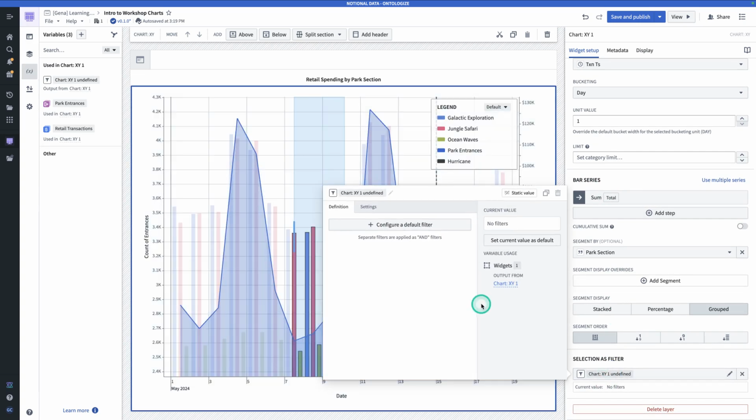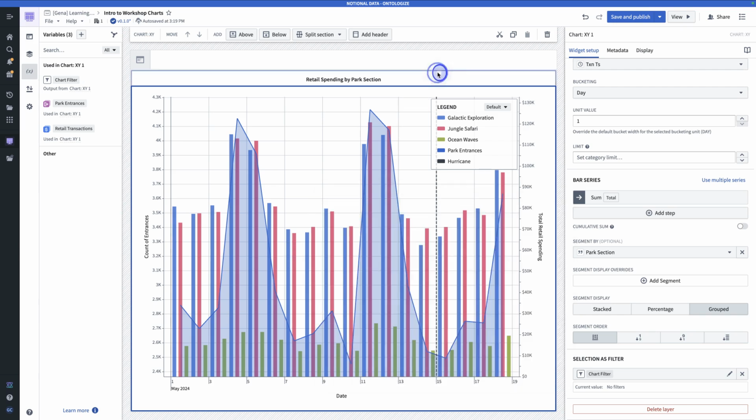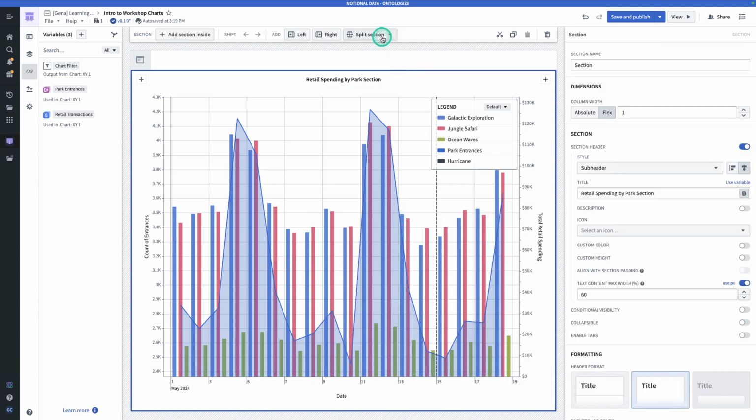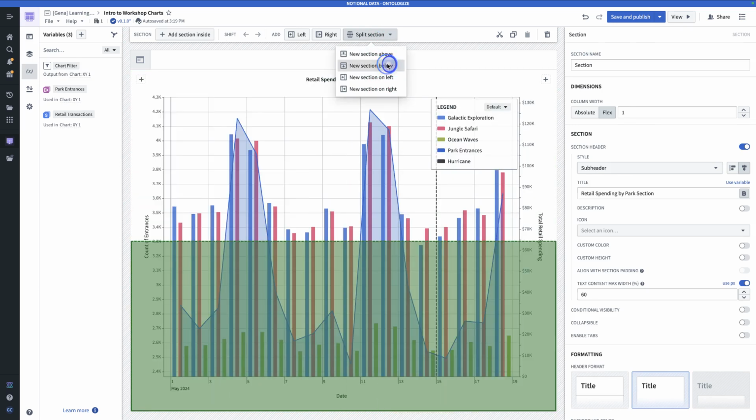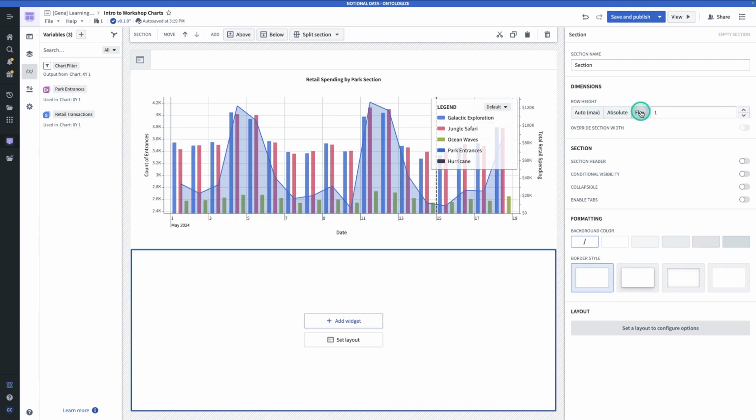And I'm going to rename this. I'm going to call this chart filter. Now I'm going to click into the section, hit split section, and add a new section below. Now I'm going to boost up the size of this by making it a flex section so it will share space equally with the chart. And so here I'm going to show a table of the resulting retail transactions that remain as a result of the user using this chart to filter. So I'm going to hit Add Widget,